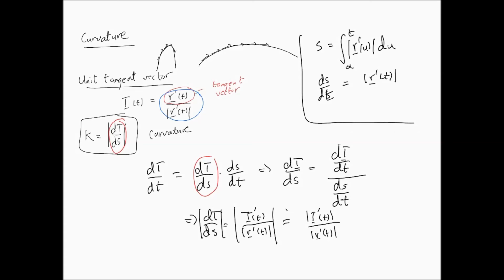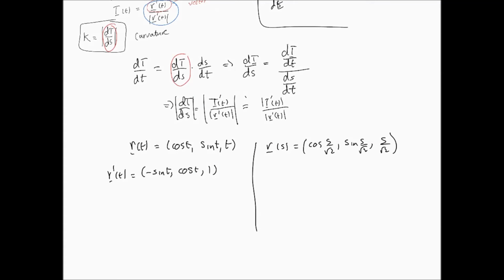So let's go through both these to quickly demonstrate how these work. So here what I've done is the helix example, if you remember, and what I'm doing is simultaneously doing two sides here. So here on this side, what you look at is the r of t is cos t, sine t, the original function. Here is the derivative of it. We've done this before. We've already done this as well, which is the reparameterization in terms of the arc length function. So let's proceed. If we were to proceed, this derivative here with respect to s would of course be a 1 over root 2 comes out common, and we end up with